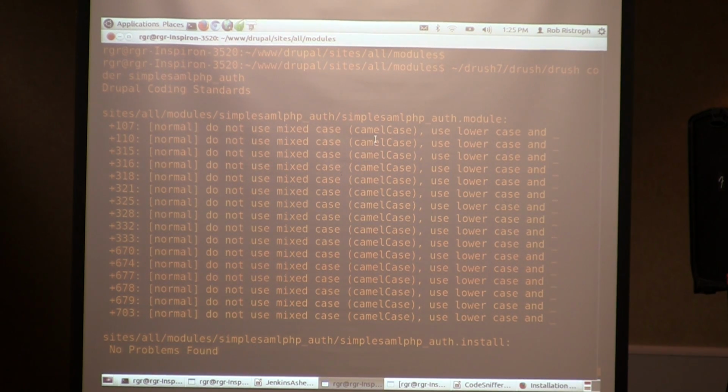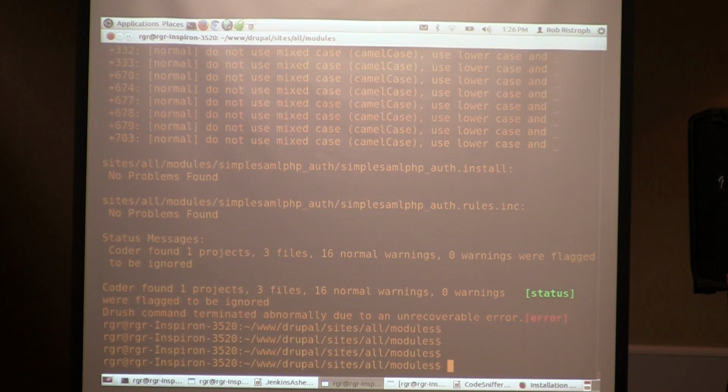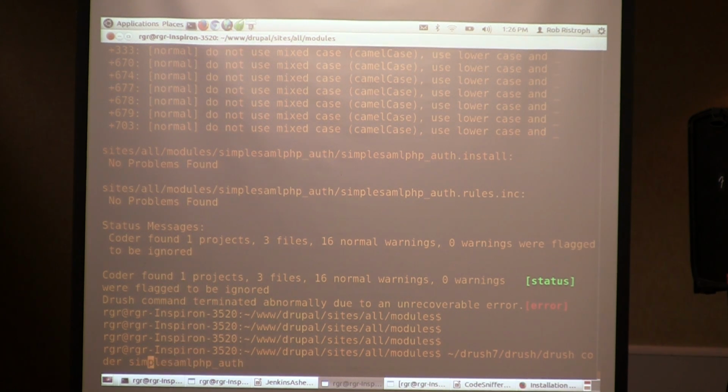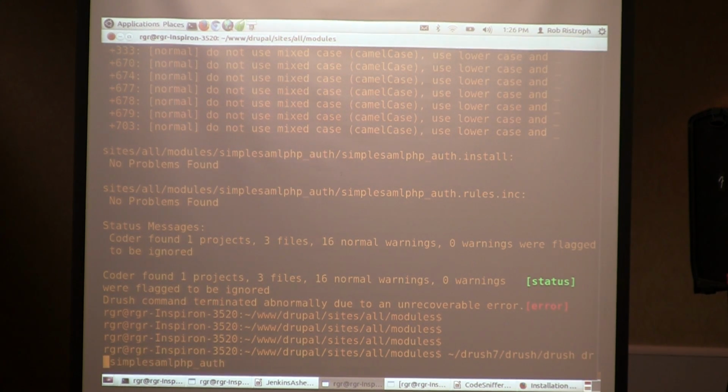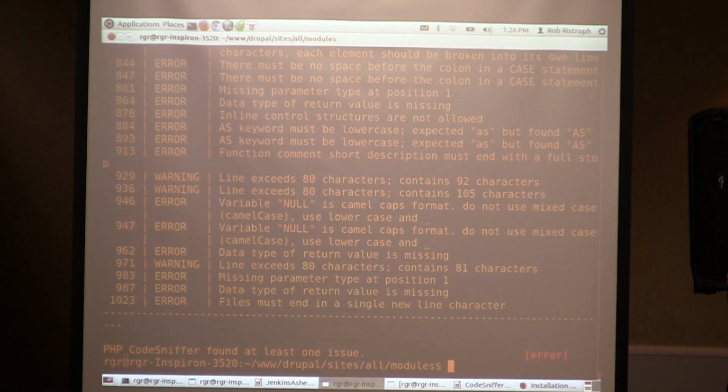And the fact that it gives a lot of warnings, and they're all just variable formatting, so it's the name, camel case, means that maybe it wasn't coded by somebody who's used to writing Drupal modules, but it could be worse. And then the other files list no problems found. And then I want to show the output of the other command. So here's Drupal CS, which is